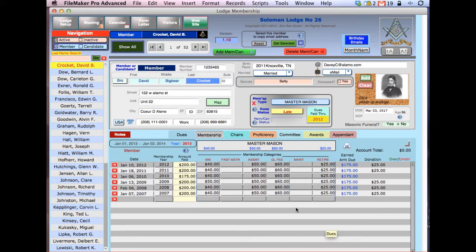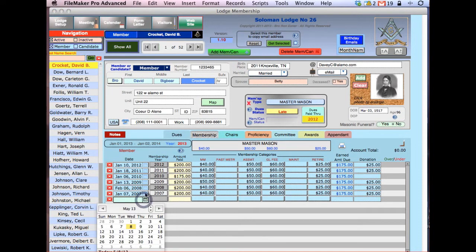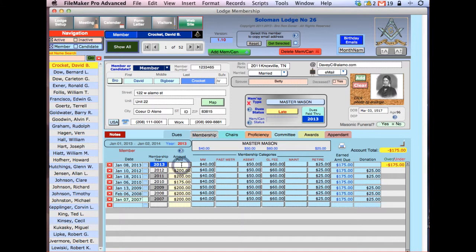So let's see what happens. David Crockett is late primarily because he just paid through 2012 and this is the 2013 dues year. So let's go into January. If he makes a standard payment of $175, looks pretty good. Just 40, 50, 60, and 25 gets allocated. Everything's fine. And he's made current because this figure is 0 and this date is equal to or greater than